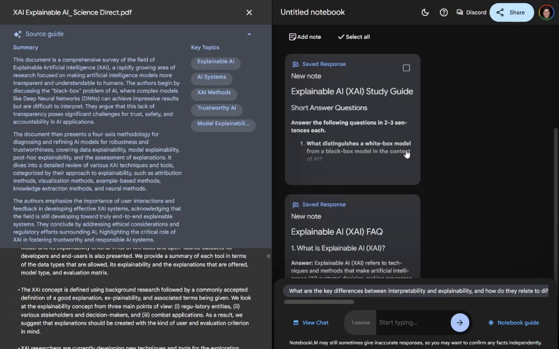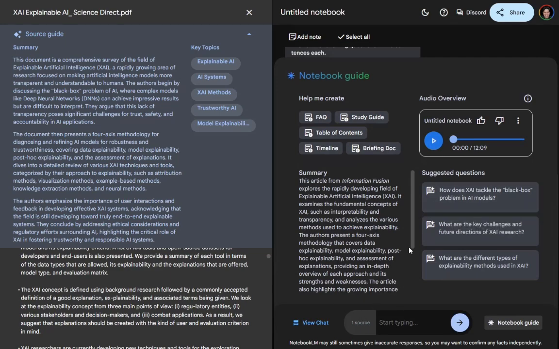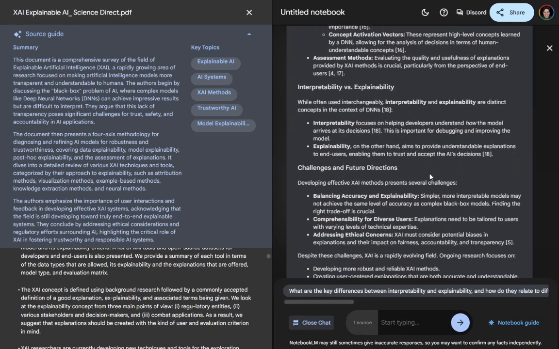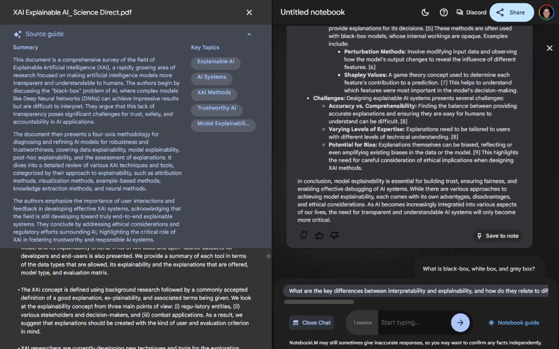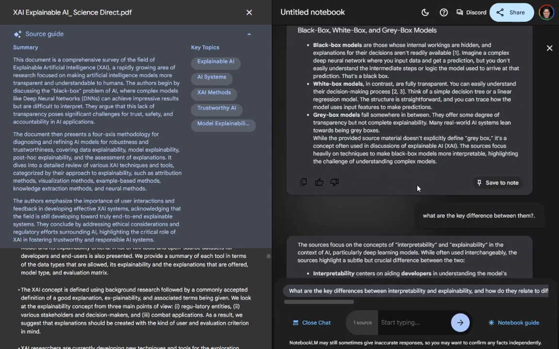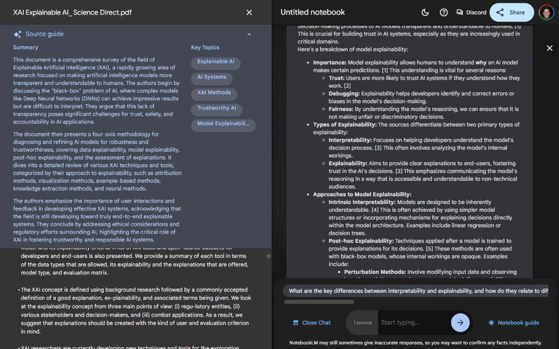Okay. Now, the other thing that I want to show you is that once you have uploaded the document, you can have a chat conversation with the model, right? You can ask questions and get answers from the model, similar to what you would do with ChatGPT. Okay. Now, the last part I want to show you